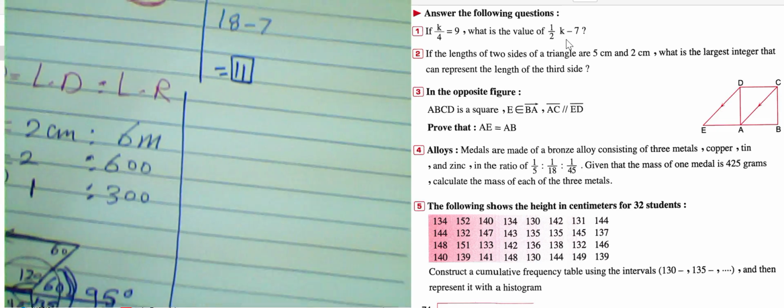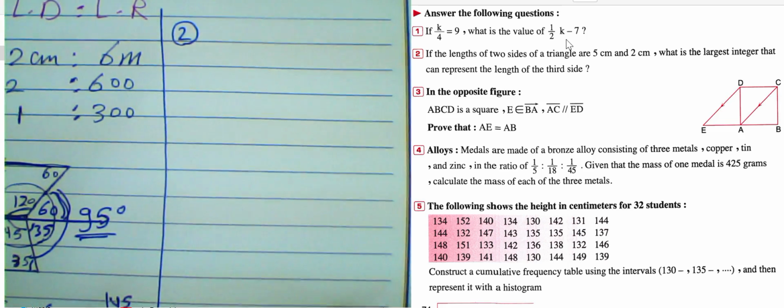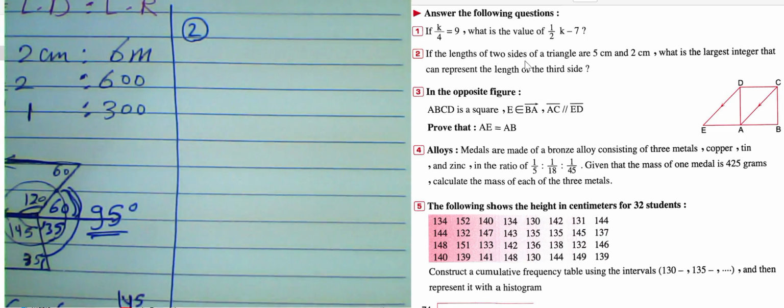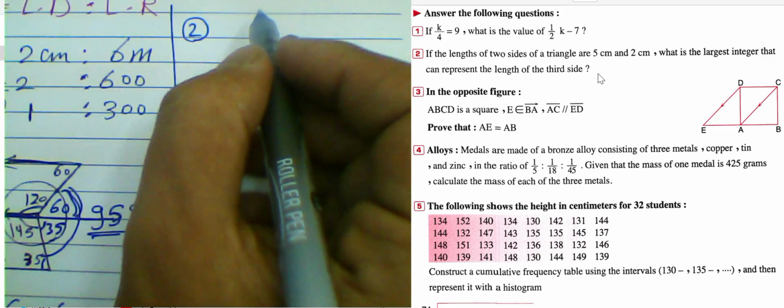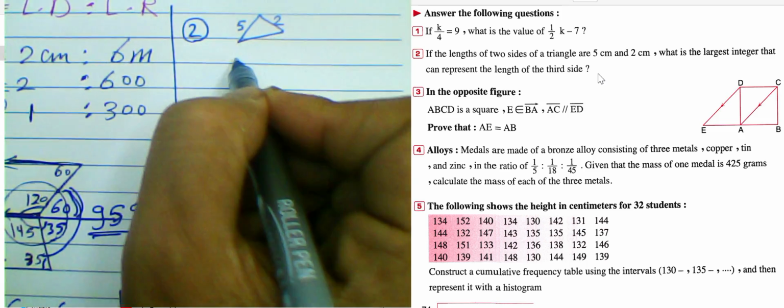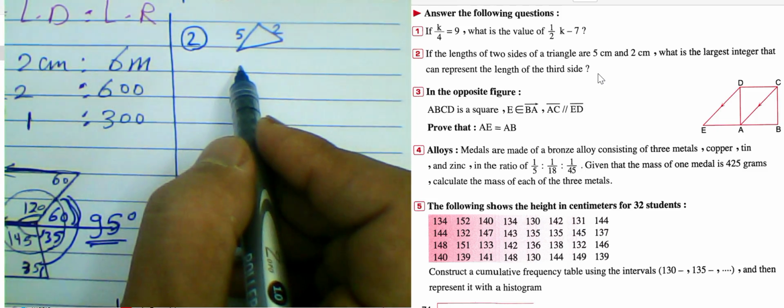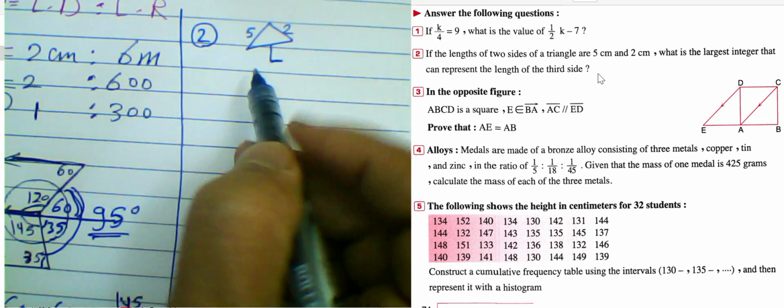Look with me at question number 2. If the lengths of two sides of a triangle are 5 centimeter and 2 centimeter, what is the largest integer that can represent the length of the third side? Okay, we have 5 and 2, two sides of the triangle. We have 5 centimeter and 2 centimeter. You want to find the largest value here for the third side. We know the third side